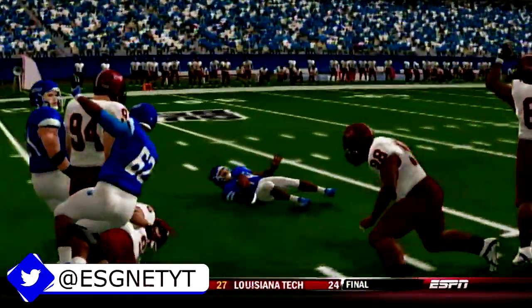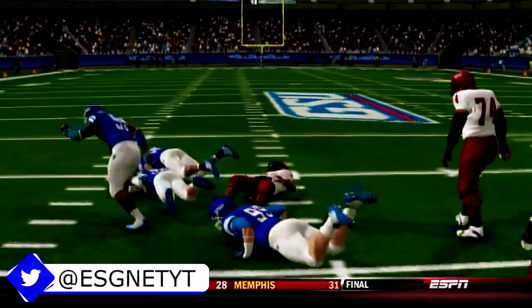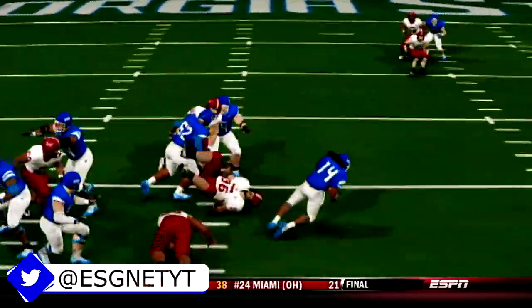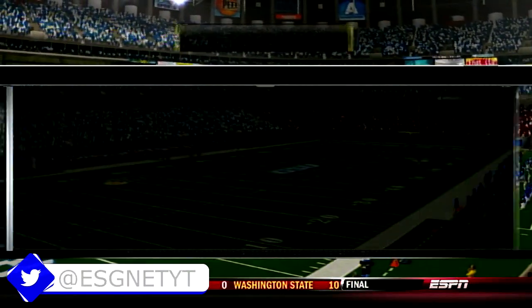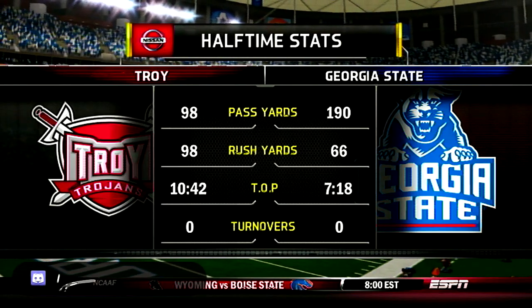Everything went their way. All the momentum on their side, but we know the momentum can be fickle. Things can change at the drop of a hat. You don't even know why the momentum changes, but it suddenly does. So how do you keep it on your side in the second half? There's a lot of guys that really want to know the answer to that question because it's tough. When things are going well, they just continue to go well. But sometimes when one little thing goes wrong, you start to...